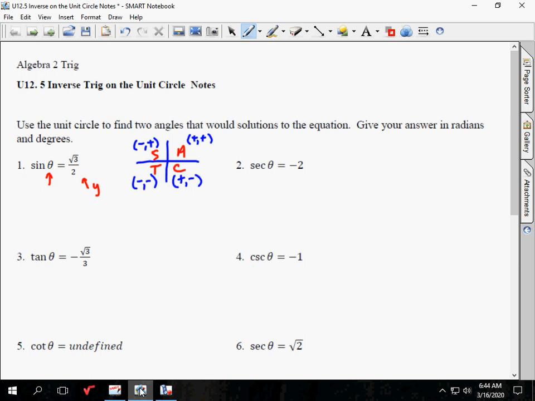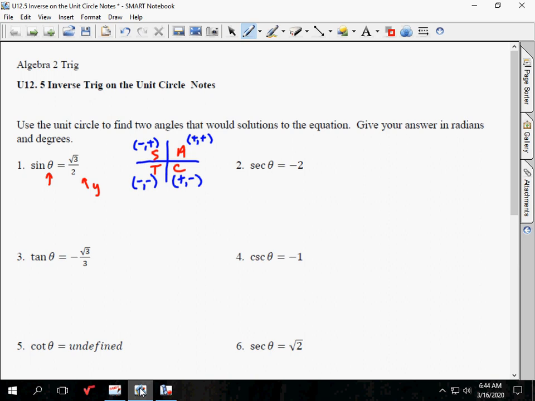All trig functions are positive in 1. Sine and its reciprocal, the cosecant, is positive in 2. Tangent and its reciprocal, cotangent, is positive in quadrant 3, and cosine and its reciprocal, the secant, is positive in